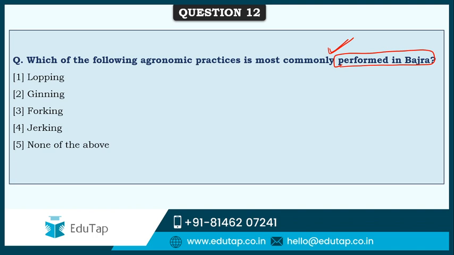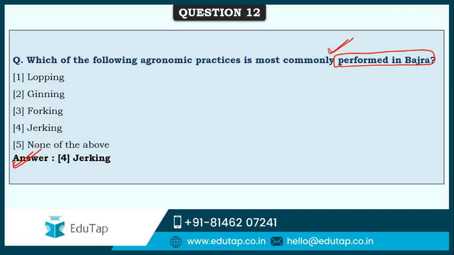Which of the following agronomic practices? Balaram is saying it's jerking. Vivek Kumar Shah is saying lopping. Amarjot doubtfully ginning. Forking, Sangeeta is saying forking. Okay. So here the correct answer is